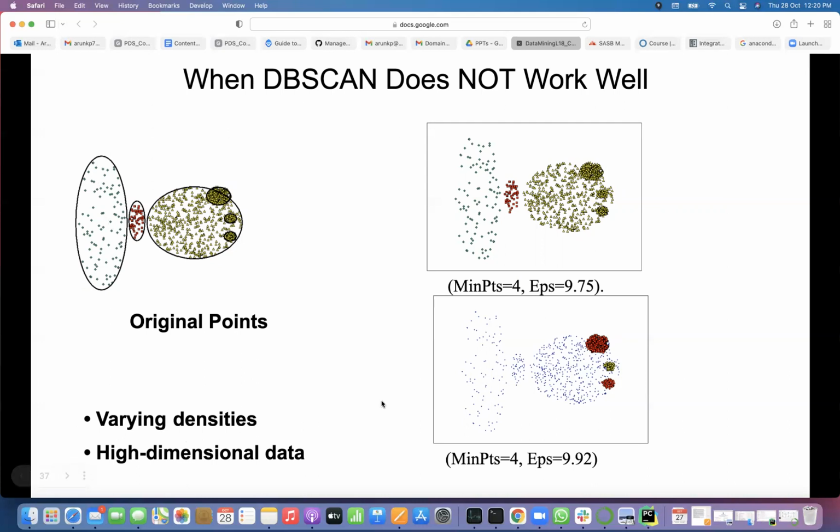Then high dimensional data is also a problem because you need to find those points within the unit distance, so lots of computation will come. Then with high density, it is becoming new clusters here, which you see here. All of it is actually one cluster with the same color in the original, but when you apply DBSCAN, because of your density, they are becoming different clusters.